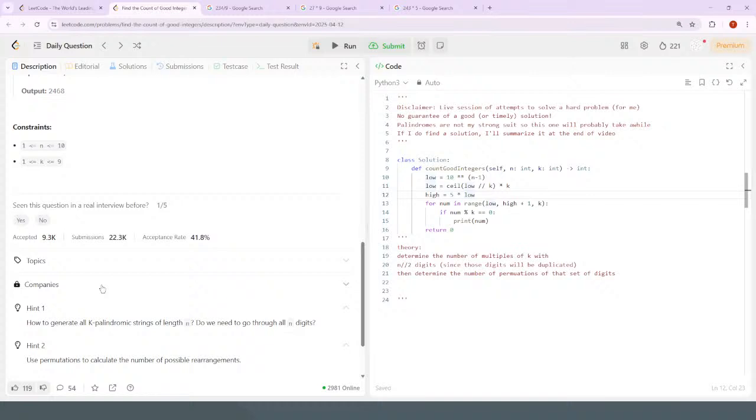So you have an array of digits of size n, and then you go through half the array and set the index at some spot in the array plus the index in the back of the array at that spot to be some digits. See if that's a palindrome. Well, you know that's a palindrome. You see whether or not it's divisible by k. If it is divisible by k,